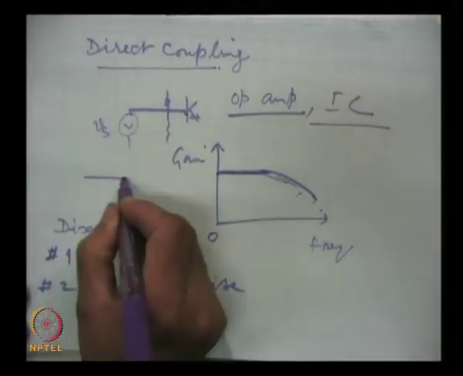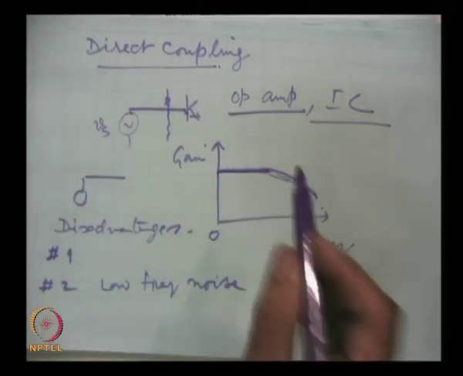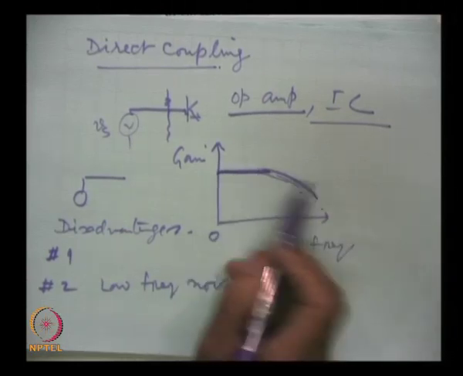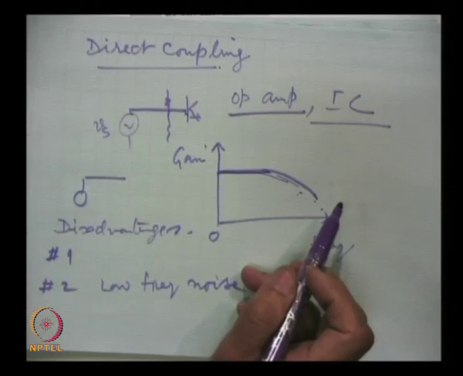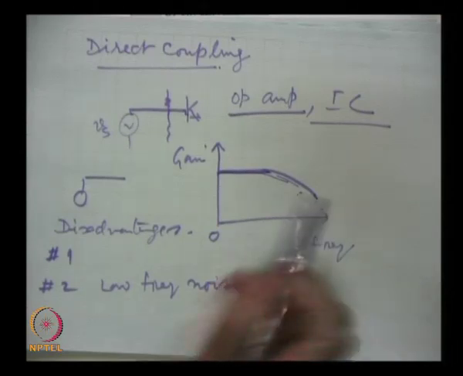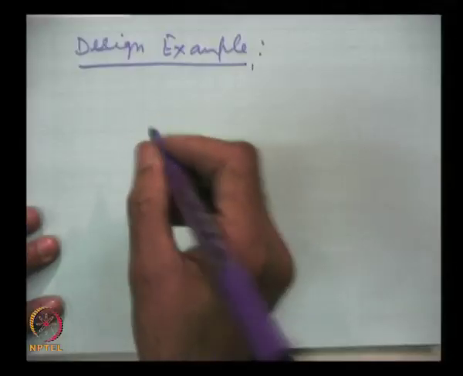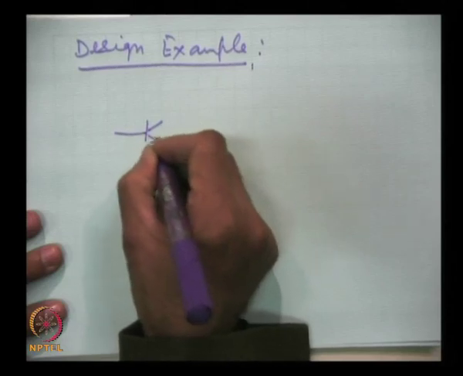Direct coupling is nothing but a simple connector that connects the output from the last stage to the load directly by a connecting wire. If it is a discrete amplifier, then a connecting wire is used; otherwise a conducting path on the IC does the direct coupling. We take a design example. Let us consider this circuit. This is a direct coupled two stage amplifier.